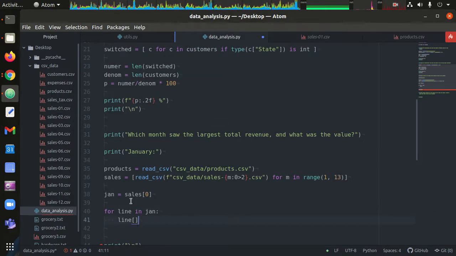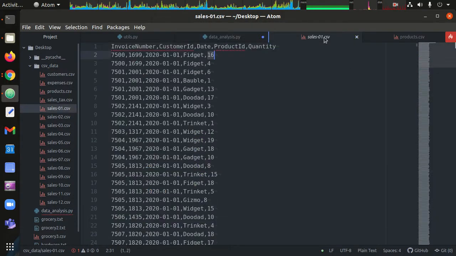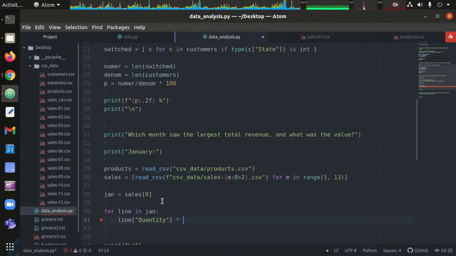So line quantity, and we want to multiply that by the price of the item. The item here is product ID, right? Quantity is the last field, product ID is here. So we want that times